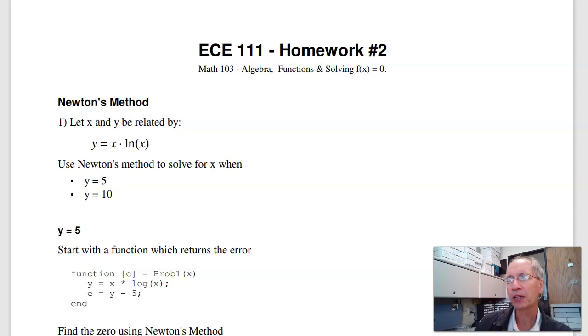If y is 5, solve for x. If y is 10, solve for x. Now there's a couple ways of doing this. This is a problem you really can't solve with a closed form solution. What you can do is graph it. So for example, over in Matlab,